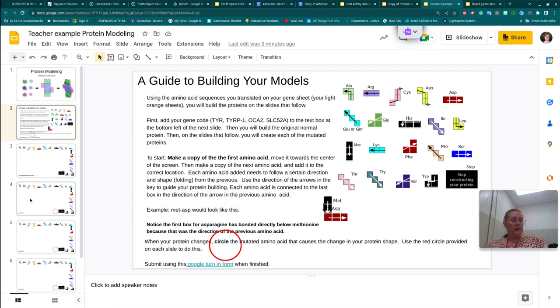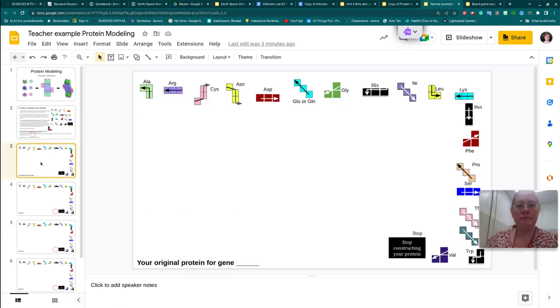Then we're also going to do it for the three mutations, and we will circle the mutated amino acid that's going to cause a change in the protein shape. I'm not going to show you that today, but I am going to get you started, okay? So let's look at my original protein. My original gene is